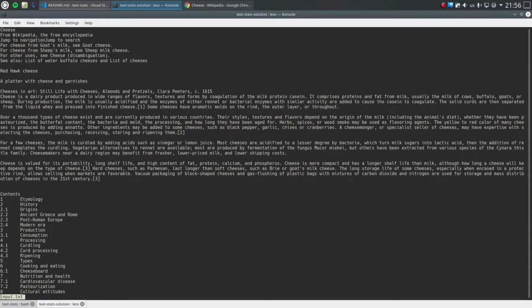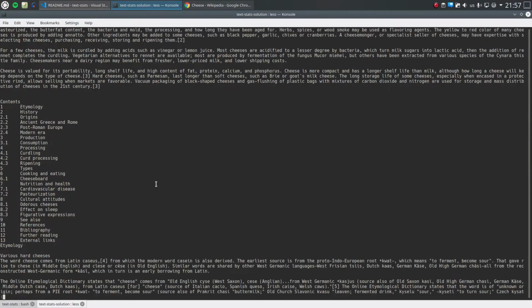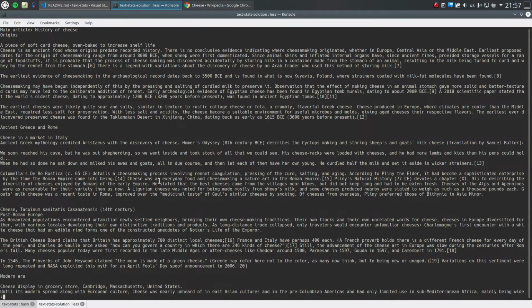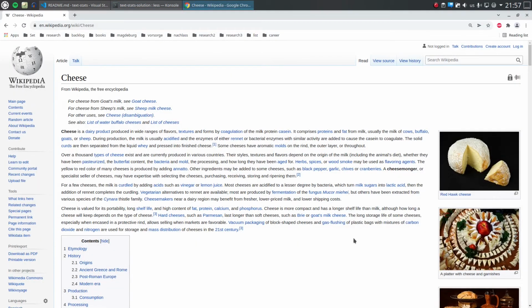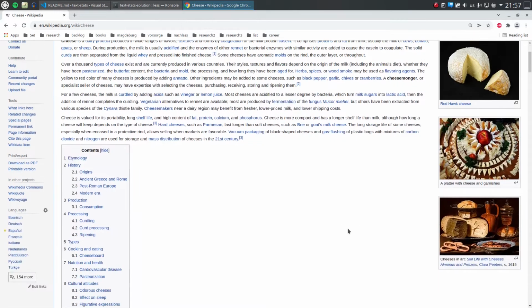Today we're going to look at some more fundamental concepts and programming structures. As you can see here, I got a text which is from Wikipedia, and it's basically an article about cheese. So I went to Wikipedia, looked for some nice test input for my tutorial, and thought, why not use cheese